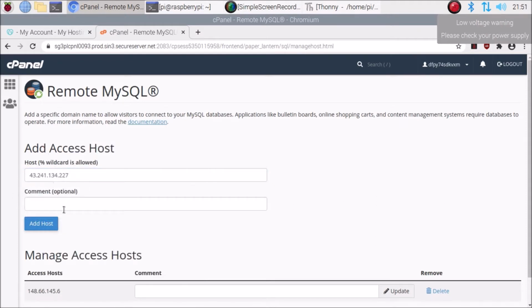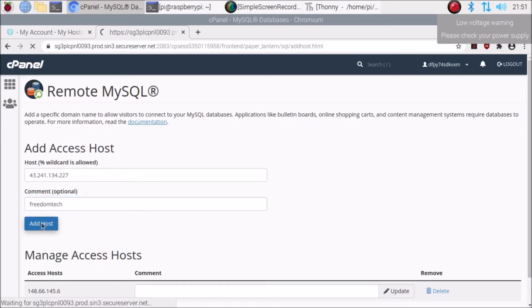This is the public IP address. In the comment section you can enter any text, so I am going to mention Freedom Tech. That's it. So you need to add your public IP address, and then click on the Add Host button.